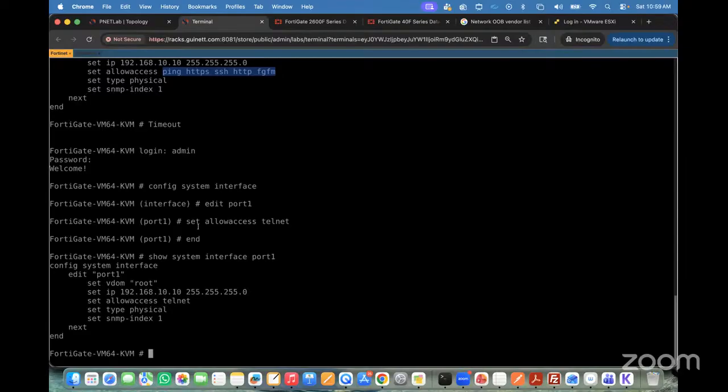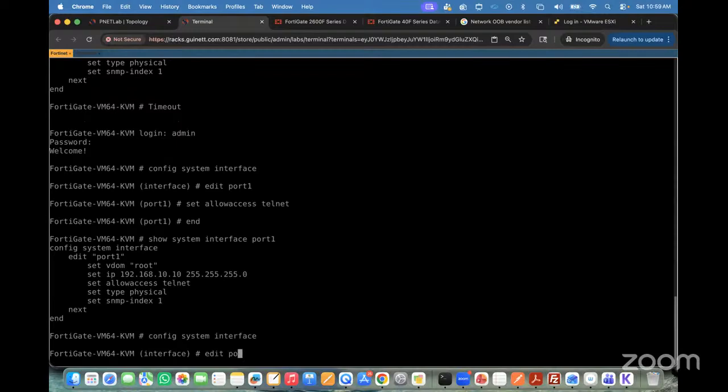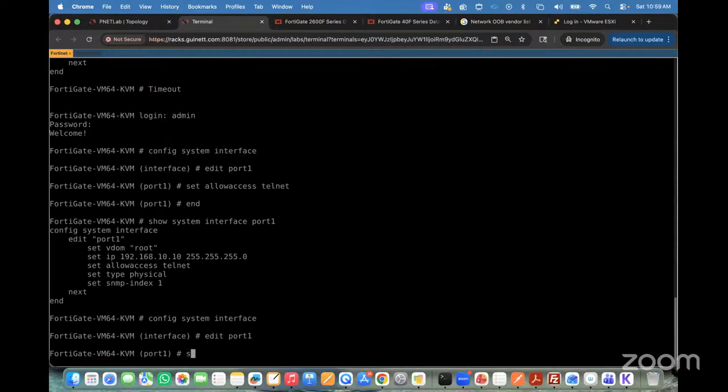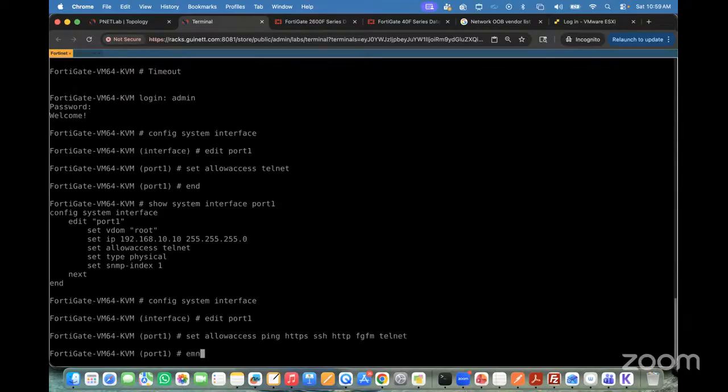So whenever you are adding a new service, make sure you add all the legacy, existing ones, and then you can add the new one. So I will go here: config system interface, edit port1, set allowaccess, this one, and then we need to add telnet. This is the right way. Now if you check it here,